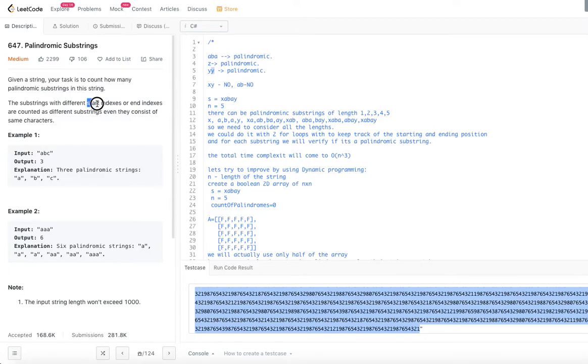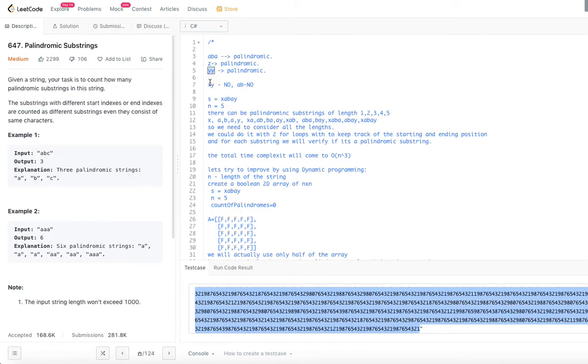As long as the start index or end index is different, we have to count them as different substrings. That's why this y is one substring, this y is another substring, and they are both palindromes. So in this string, there are two palindromes of length 1. And obviously yy is also a palindrome.